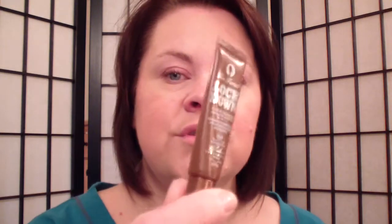I also used, I started it actually the very first time wearing this look, this new Too Faced Lockdown Ultimate Creaseless Cream eyeshadow. I don't think they sell this anymore because I got it on Haute Look for like $3. And while I really like it, I didn't want to use this in a tutorial because you guys can't all get it. So the one I think actually that I liked the best of all of them